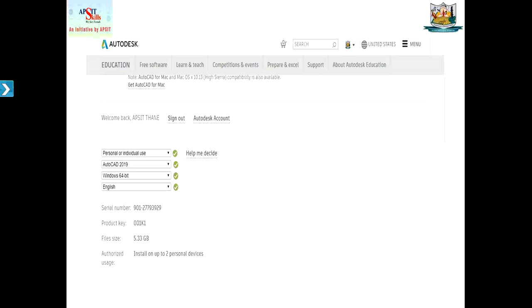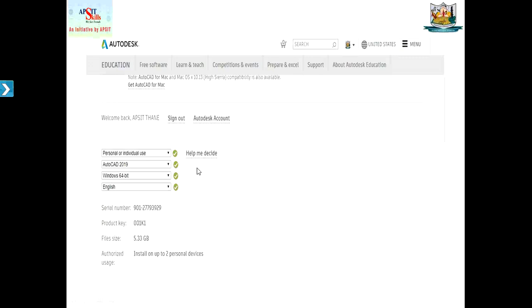Then we have to select the type of license, the software, the operating system and the language of the software. So we are going to select personal use or individual use, and we are going to select AutoCAD version 19, 20 or 21.